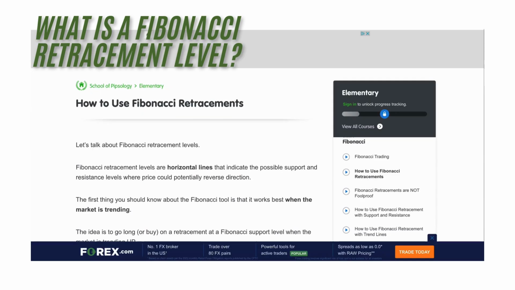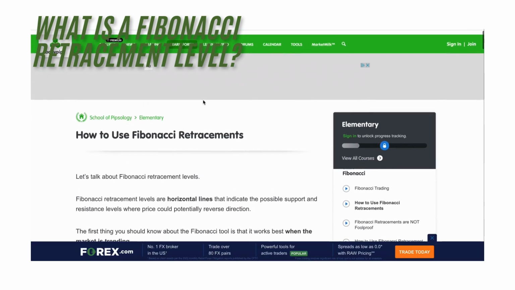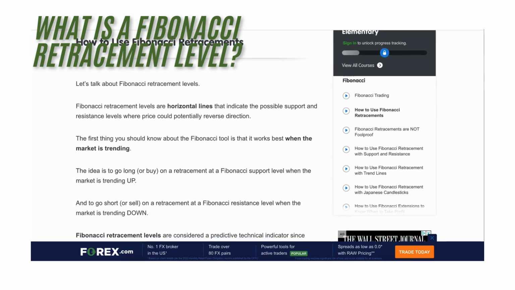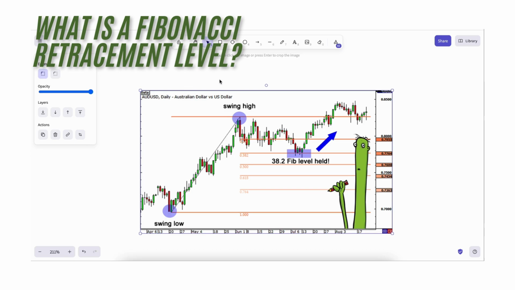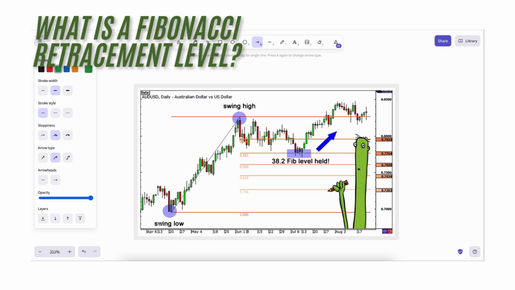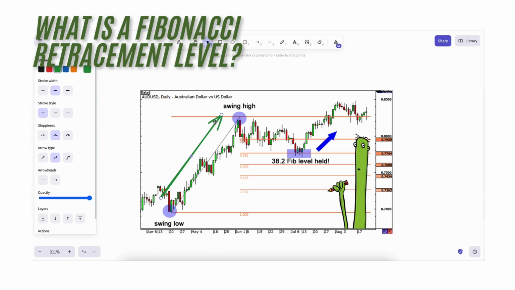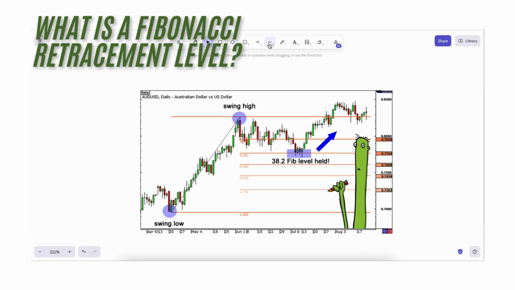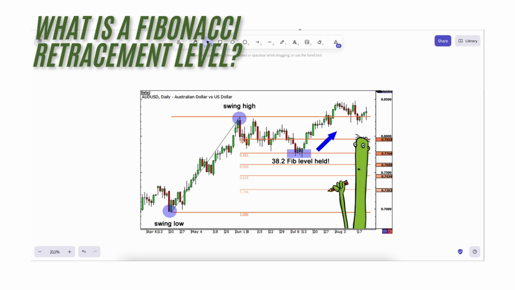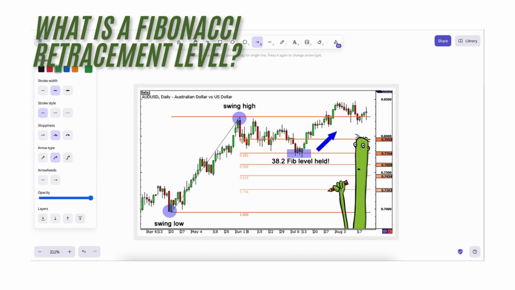This is a picture that I got from a website called Babypips, and I will link it below so that you can learn more about Fibonacci retracement levels from there. But basically, the idea is that the level works in a trending market. Here you can see a strong uptrend in the Australian dollar versus the US dollar. Once this uptrend is completed, there is a downtrend,